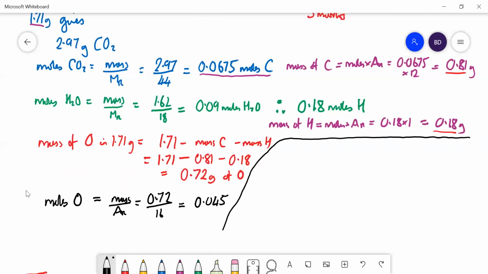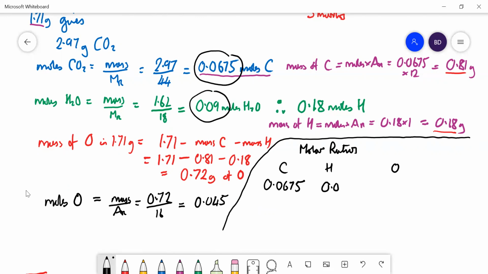So the molar ratios we've got, carbon, hydrogen, and oxygen. Carbon, we worked that out, 0.0675. Hydrogen, 0.09. And oxygen, 0.045. So we're going to simplify this ratio by dividing by the smallest number we've got, which is 0.045. We do that, and we are going to get,